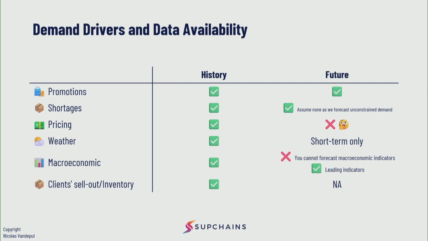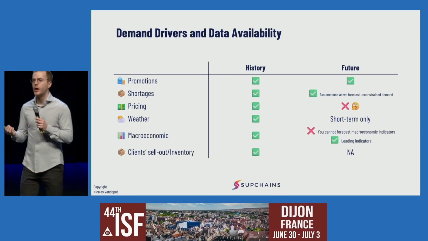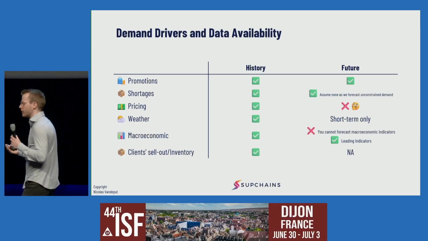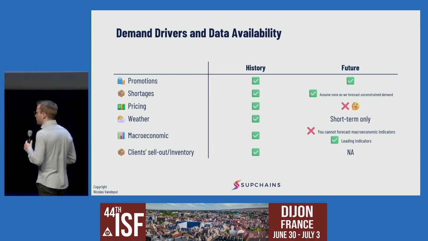The question is what's impacting demand, what's driving demand? And the question right after would be, do we have data about this? Oftentimes people will say, well, promotion is impacting clients' demand. That's normal. If you would tell me, well, promotion doesn't impact demand, then why do you do promotion? But most of the time, supply chain doesn't track promotion, for example. So we understand it's driving demand, but we don't track promotion historically, and we don't have a clear calendar for the future. So we cannot use it. So that's one of the first discussions I have: what's impacting demand, and do we have data?